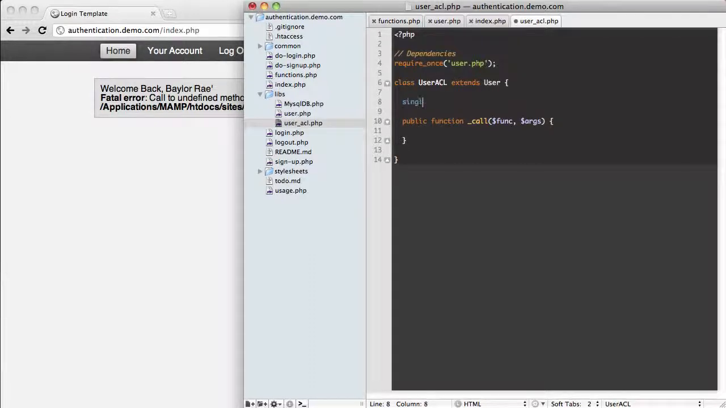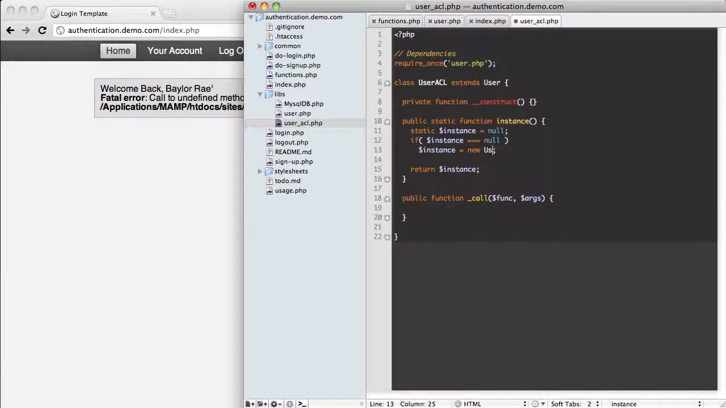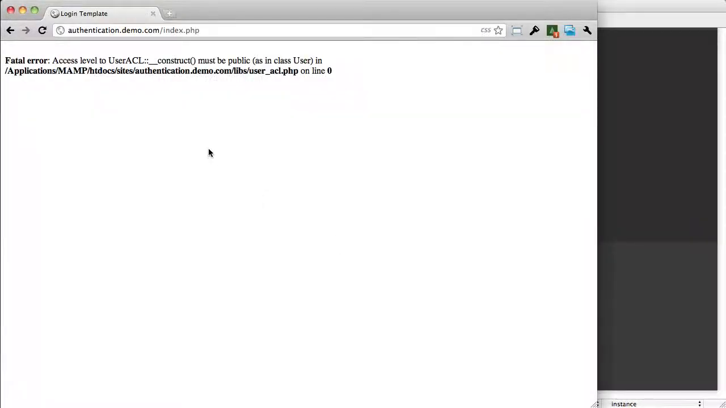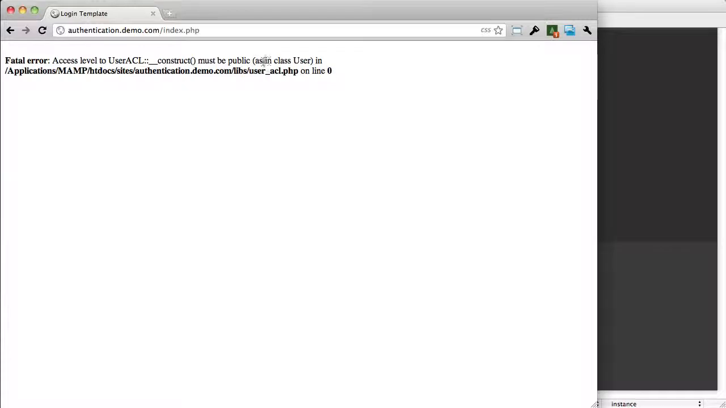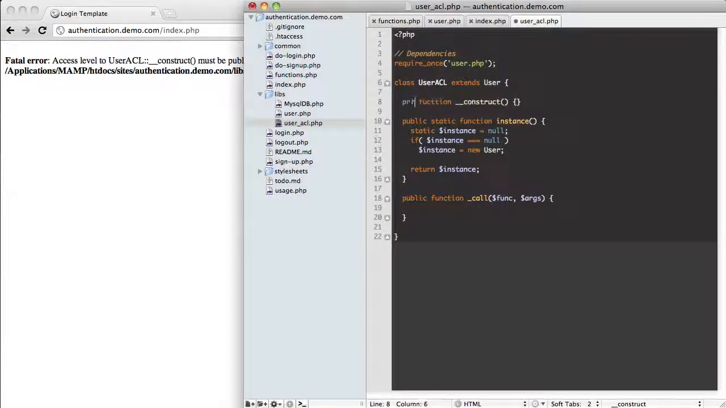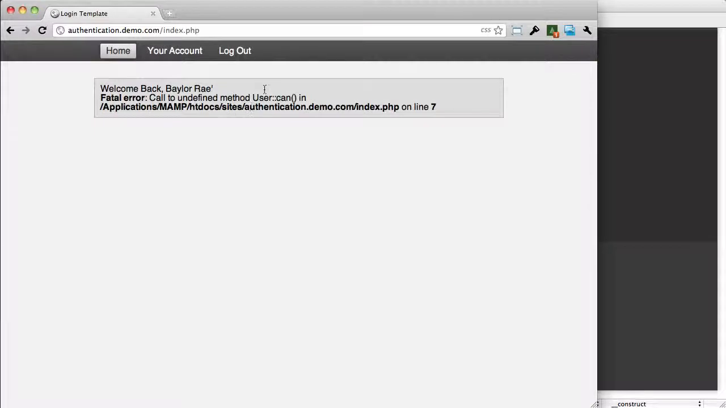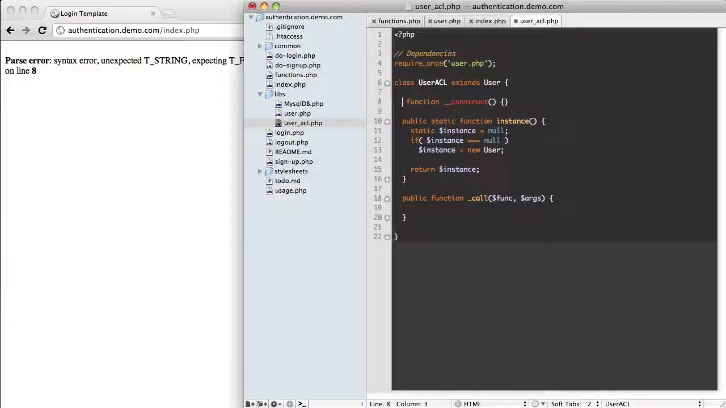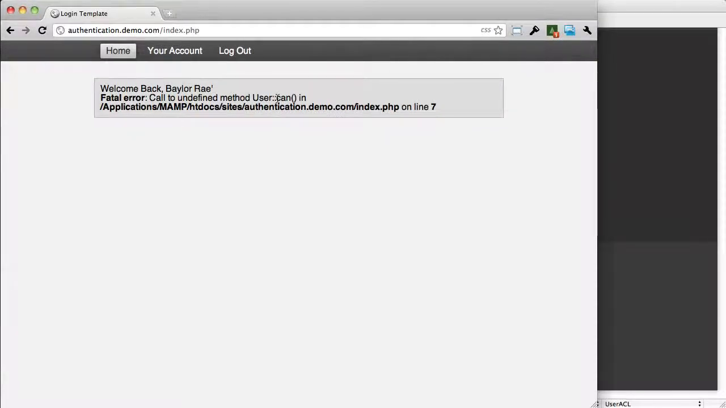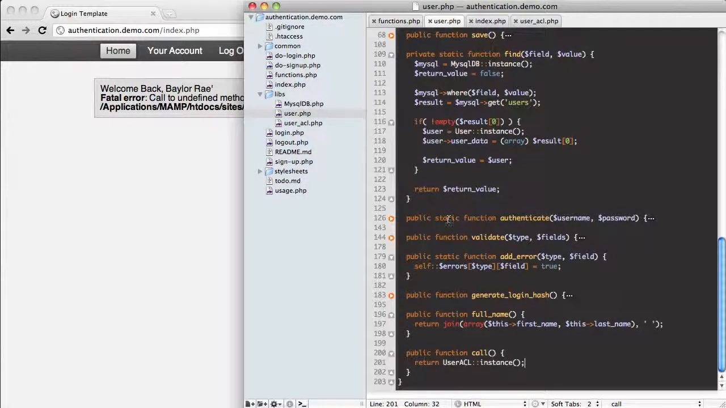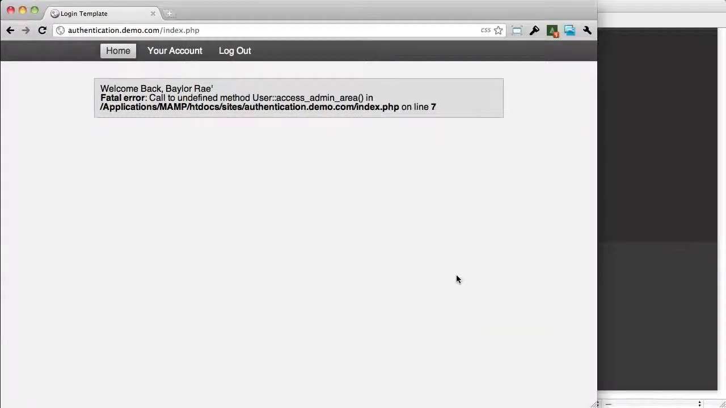Actually, I have a better way of doing this. Okay, so basically what this will do, this might not work very well, but oh, I'm not even paying attention to what I'm doing. Maybe we don't need to extend the user. Okay, and if I method user can, why? Can, okay, and if we call,